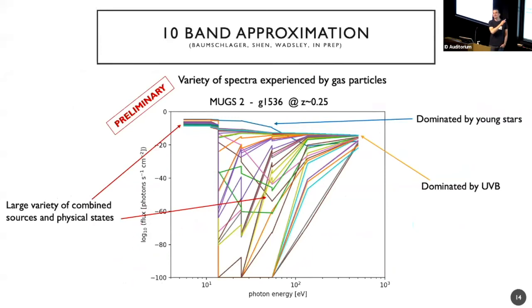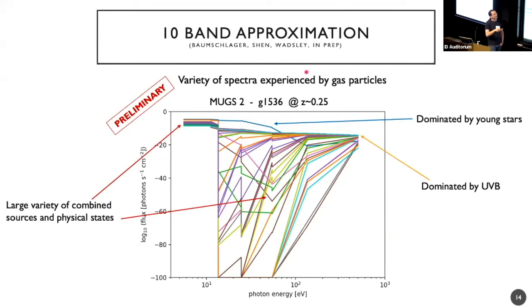But just to show what is possible. On the top line here, we have one part, and that's randomly selected particles. It's about 100 different particles, so each color is a different spectrum that the particle receives. We have here one which is dominated by a single young star cluster. Then we have, for example, the turquoise one, at the end, which is pretty much pure UV background at the verge of 0.25.